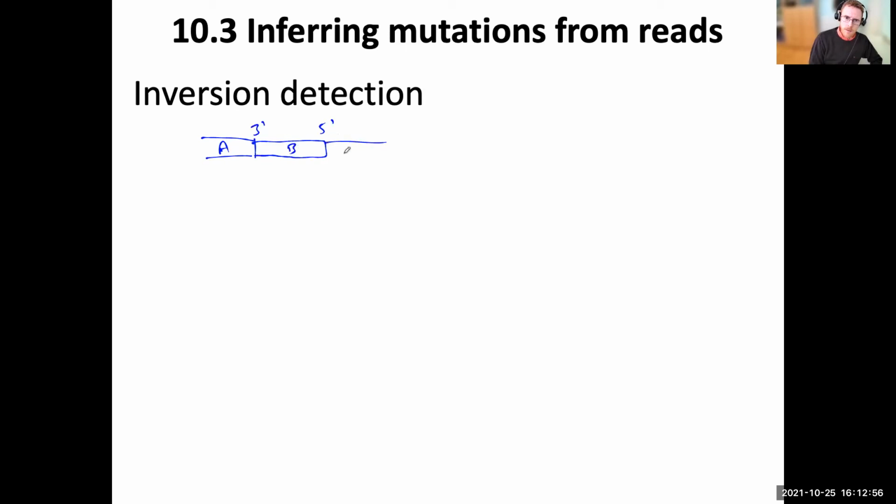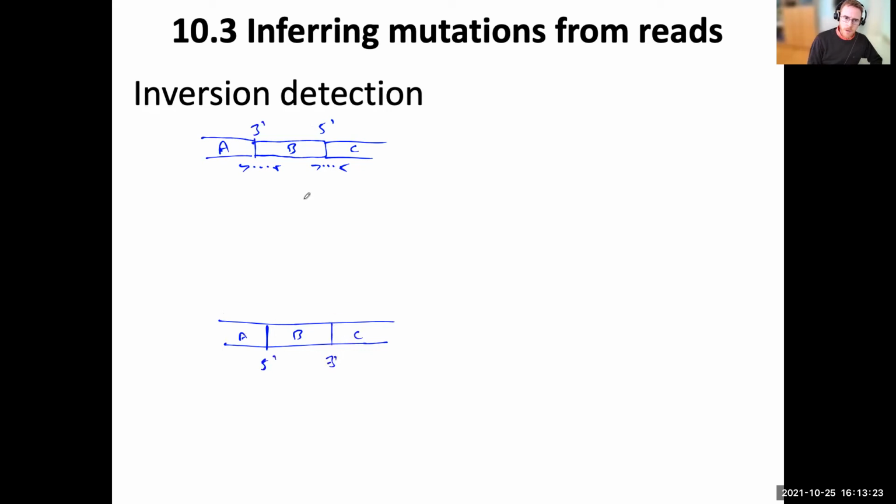That's the wrong way around in the sample. So B is like that. So this is our sample's reads. So we've got reads from A that go into the start of B like that, and from the end of B to the start of C. And then when we map our reads to our reference, we have to bear in mind that we have A here, then we have B in the correct 5' to 3'